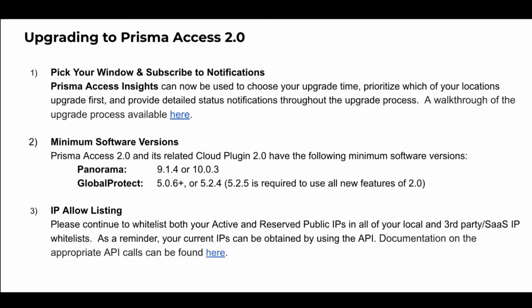And then to take advantage of all the great features of Prisma Access 2.0, you do need the GlobalProtect agent version 5.2.5. Finally, another point that I'll be reminding you of later on is to continue the good practice and best practice of updating your allow lists, both your active and reserved public IPs, based on what our API returns to you. So we've got API documentation, and if you can go to the next slide,